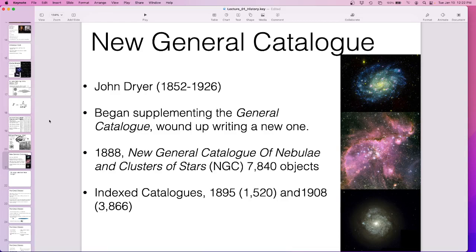there are a bunch of different catalogs. Galaxies have a bunch of different names. So there's a bunch that are NGC and then some number, and that stands for the New General Catalog, and then the entry that it is in that catalog. This catalog is like 150 years old, but we're still using it. And then he made the Index Catalog in 1908. So again, more than 100 years old, but we're still using it because the objects haven't gone away.